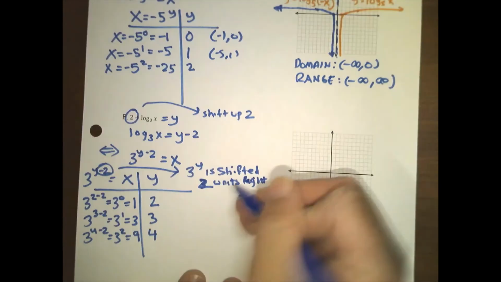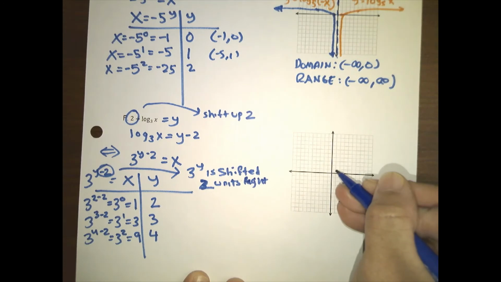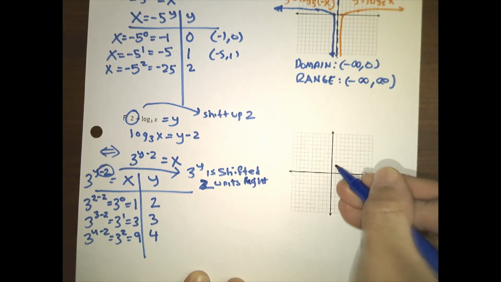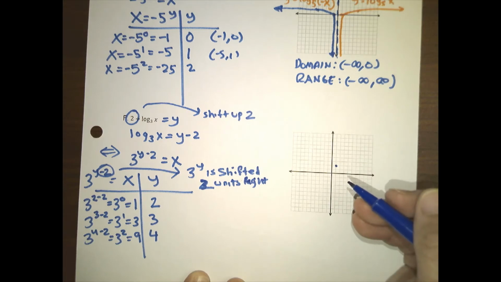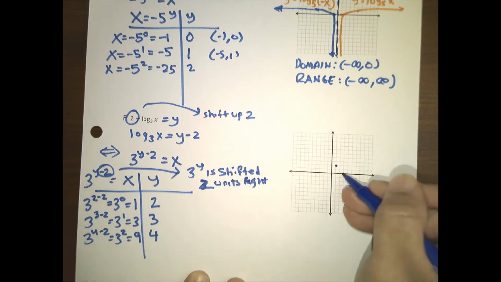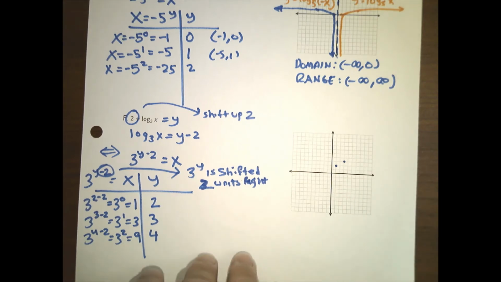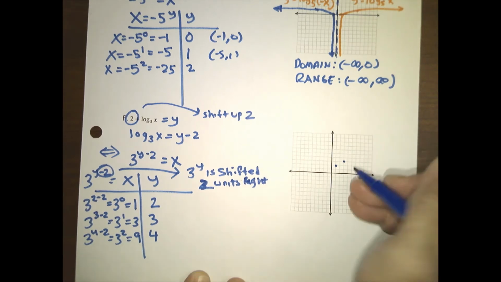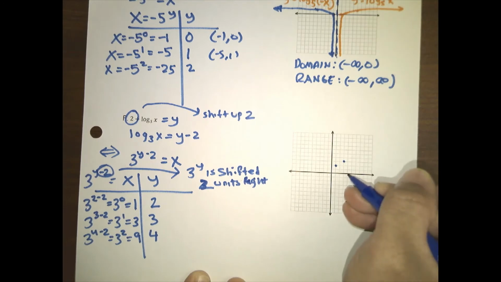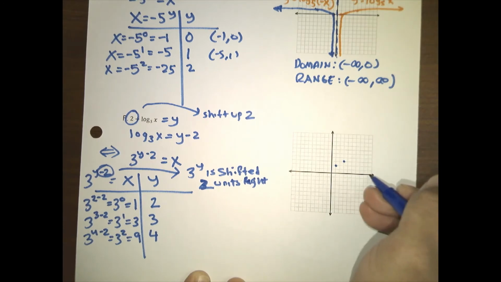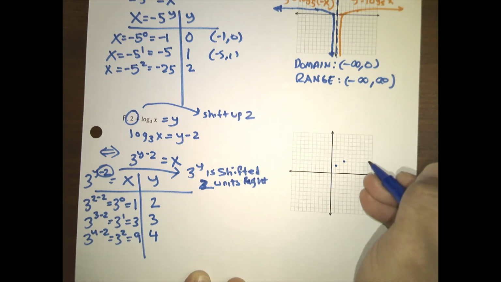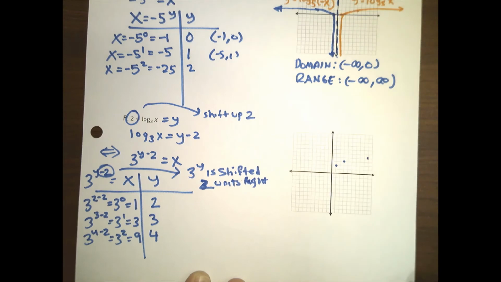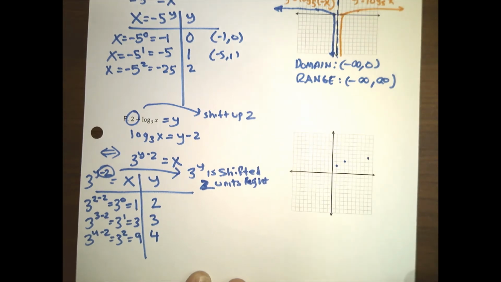So there's a point at 1, 2, and then 3, 3, and then 9, 4. So 9, 3, 4, 5, 6, 7, 8, 9, 4. So 9, 4. And then the graph will actually just look like,